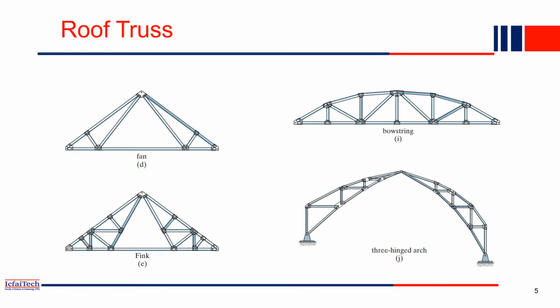Then these are other types of truss, that is fan truss or Fink, or bowstring or three hinge arches. These are the typical trusses available for construction. Now, if you want a flat slab type, then you can go with the bowstring type. So you can see this is a bow and string shape. If you want a flat slab, then you can go with this one, or Warren type. In the last slide we saw that also can be used as a flat roof truss.